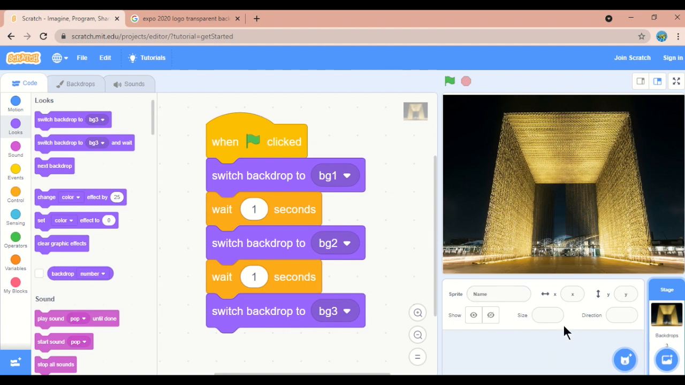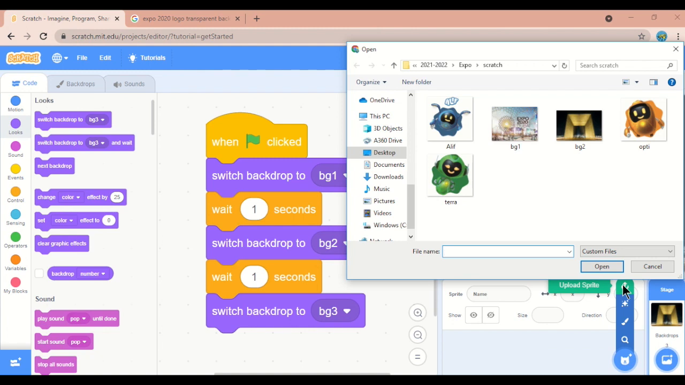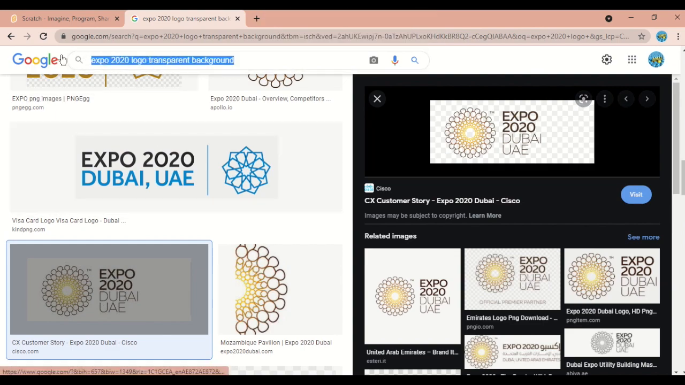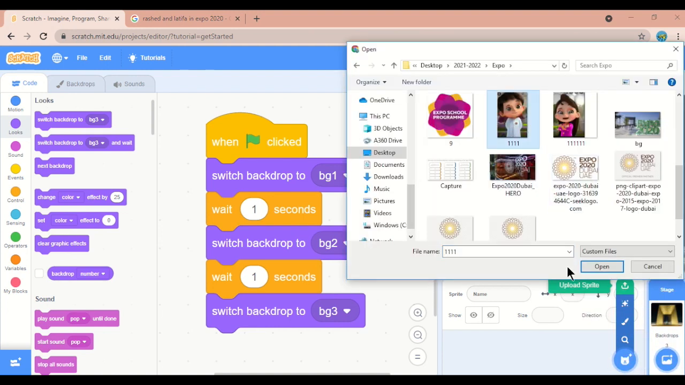Let us add our sprites or characters now. How? You can go to this choose a sprite. Don't click, just move your cursor there. Go up and upload our Rashid picture and Latifa's picture. If in Google, if you search for that, you will get it. Okay. Now I will upload that sprite. Yes, I have Rashid here. I'll click open,